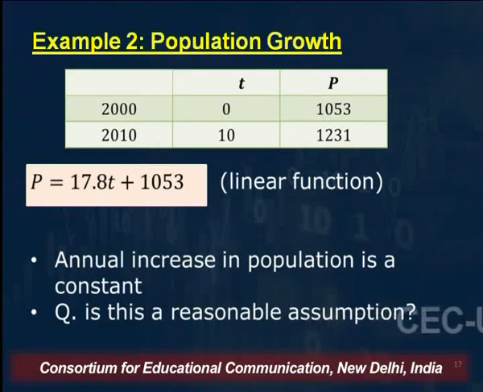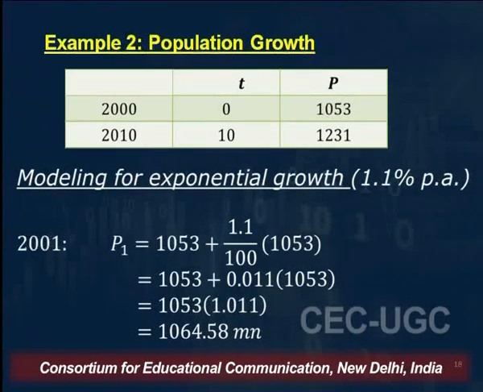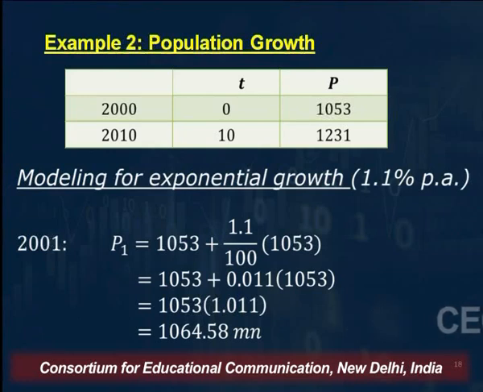And in these kinds of situations, why would you expect the annual increase in population to be a constant? So here we try to model population growth as exponential growth, and let's suppose population is growing at 1.1% per annum. Then we can model it here as exponential growth. For example, in